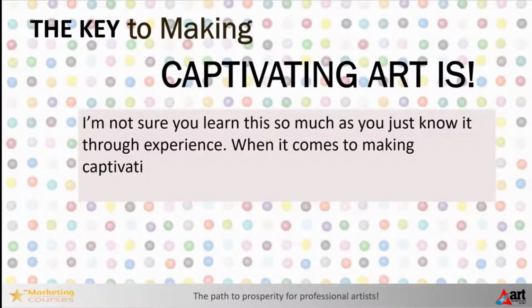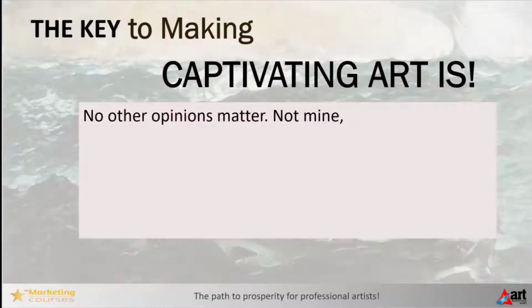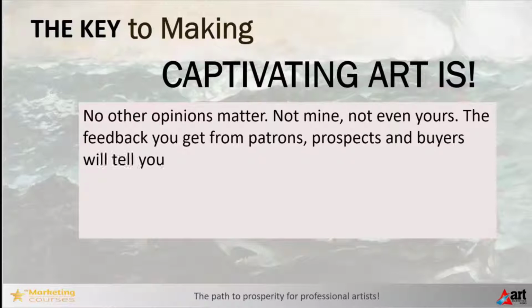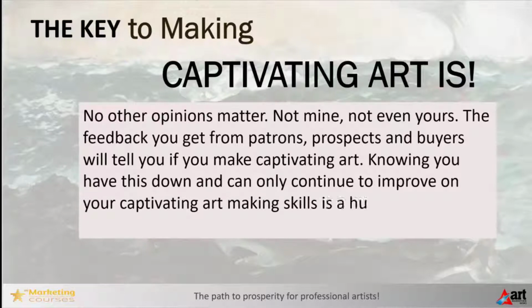When it comes to making captivating art, the only measurement that matters is your buyers. No other opinions matter. Not mine, not even yours. The feedback you get from patrons, prospects, and buyers will tell you if you make captivating art. Knowing you have this down and can only continue to improve on your captivating art-making skills is a huge reward